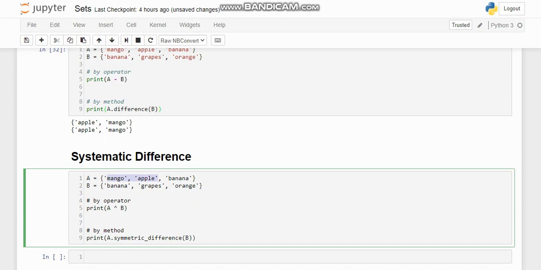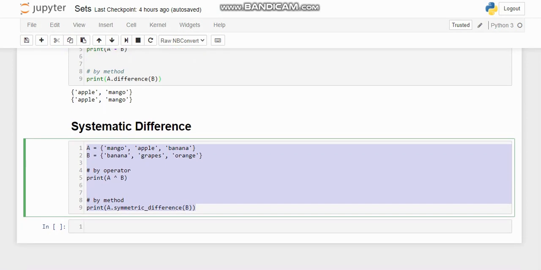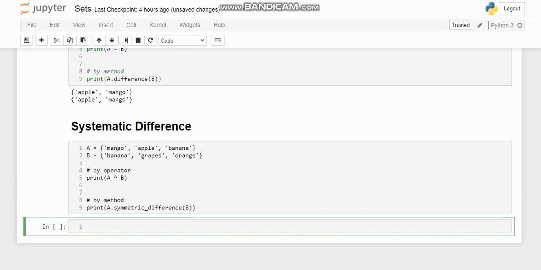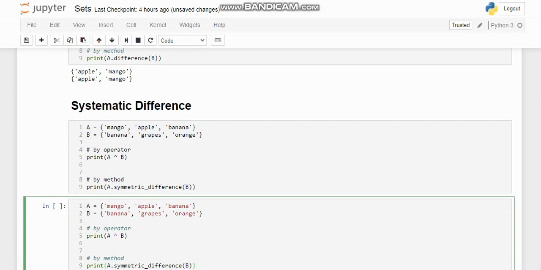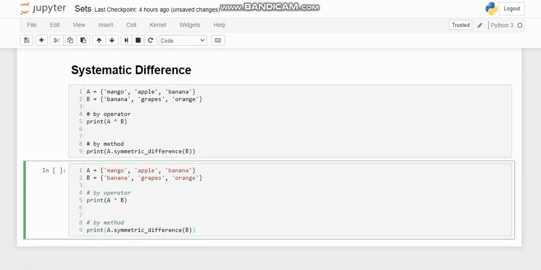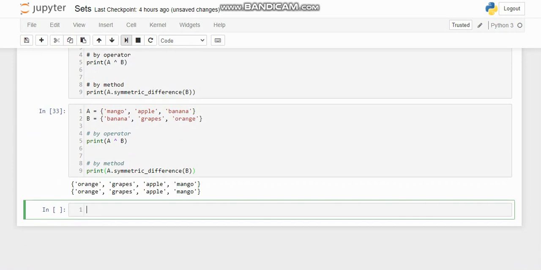Whereas intersection takes only the values present in both the sets. So let's check the output. It should be mango, apple, grapes, orange, but the order may differ because it's a set. Let's execute it. Yeah, I'm getting the expected output.